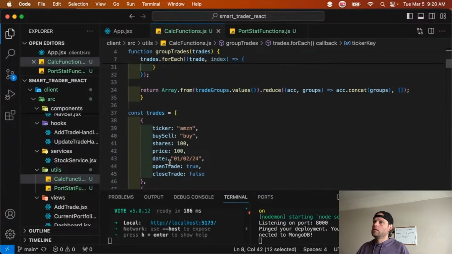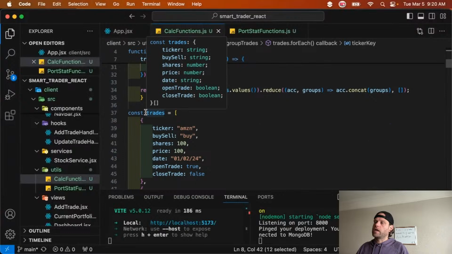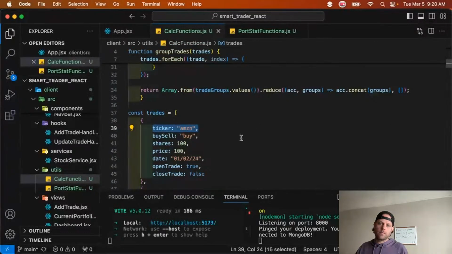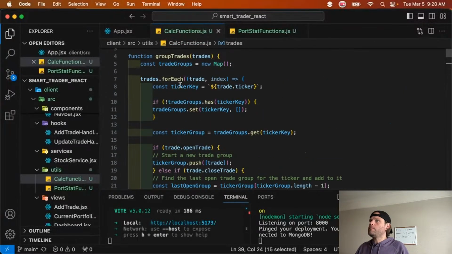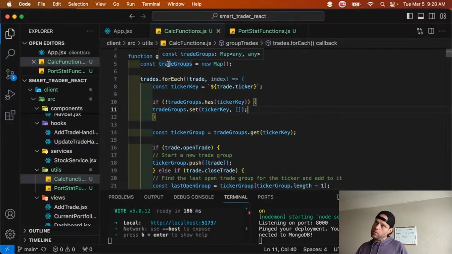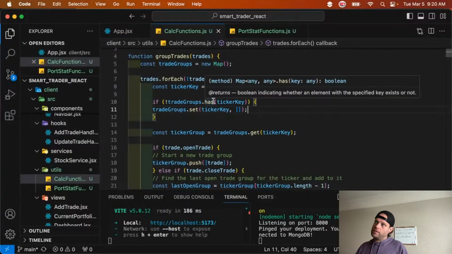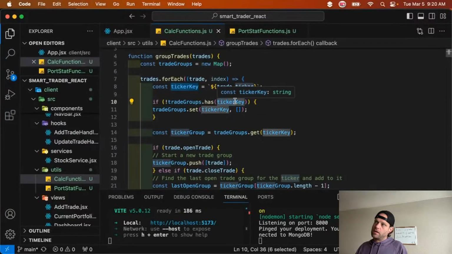So right here, for trade in trades, trade.ticker would be Amazon. Okay, so we're going to go through, and then we just need to make sure to index it because we're using the map. So we'll set the ticker key equal to that ticker. So let's just say Amazon is the first one. Now, if the trade group, which we're starting here, doesn't have the ticker key, we are going to create a